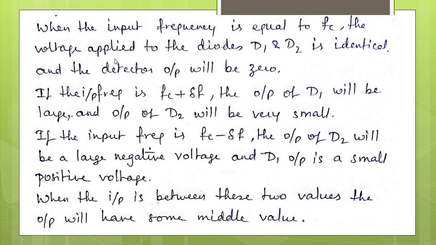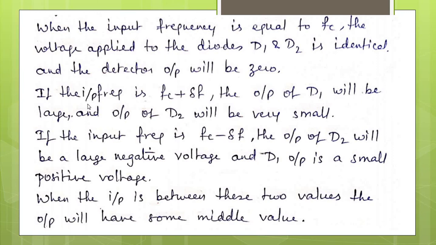That means, whenever we apply any incoming FM signal which has a frequency of Fc only, with no deviation, the voltage applied to both the diodes D1 and D2 will be the same, but it will be 180 degrees out of phase to the second diode D2. So in such case, at the output of the detector, both of these two voltages will be subtracted, as both of them are the same in magnitude but opposite in phase. They get cancelled at the output of the detector. So this is the first condition.